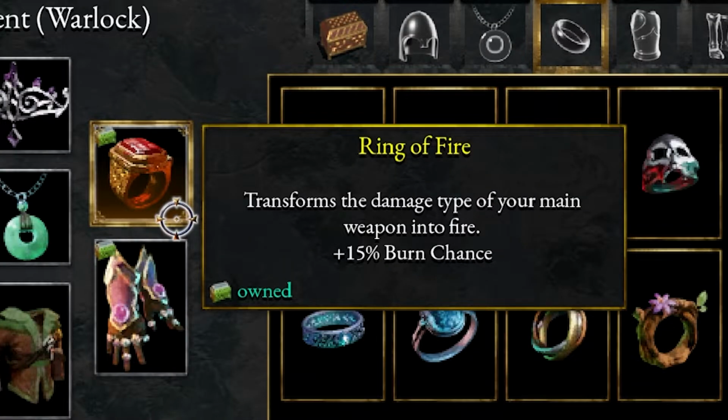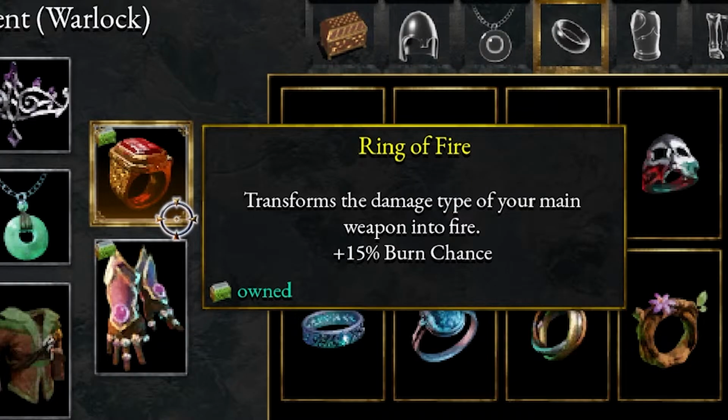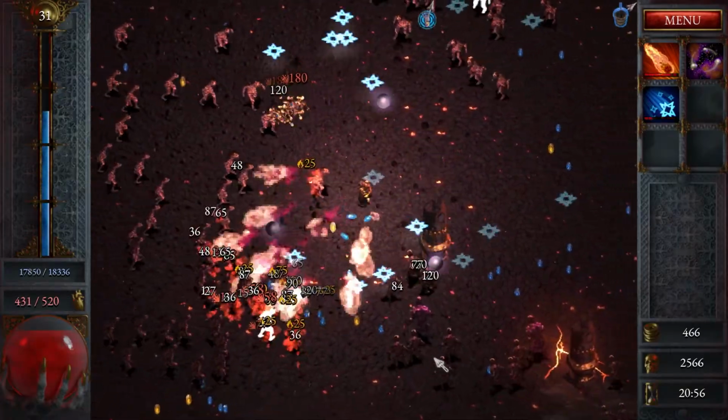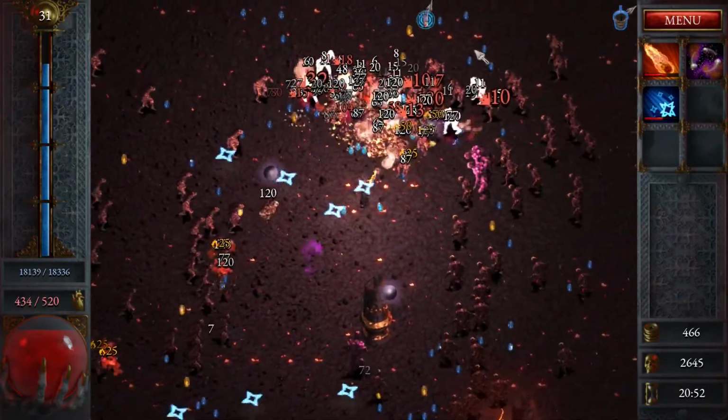The Ring of Fire is unlocked by reaching level 30 as the Exterminator. This ring transforms the damage type of your main weapon into fire and gives it a 15% chance to burn enemies. Burning enemies continue to take damage over time. This ring is great for the Exterminator to increase burn chance even more, but it also works wonders for all